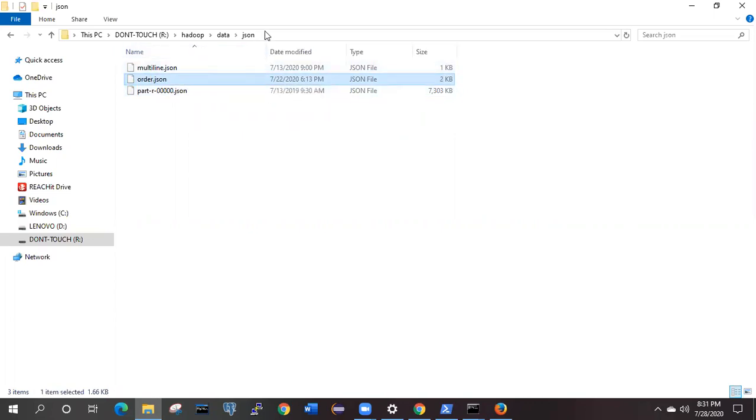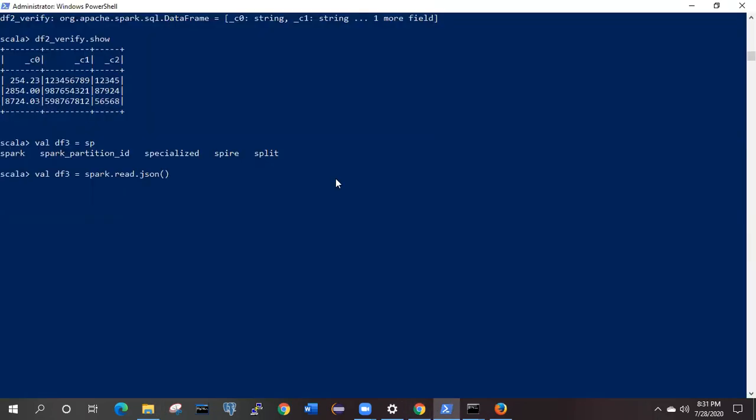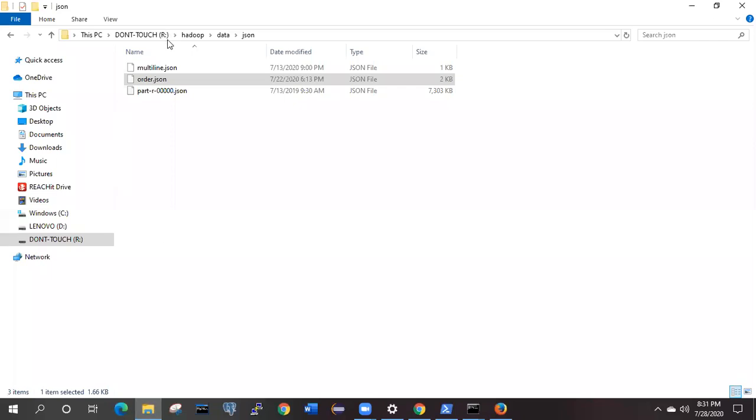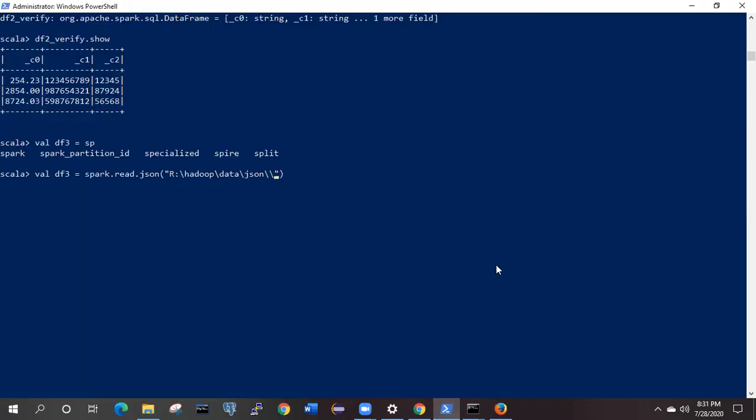Let me copy this location and put it over there. Then inside that JSON folder, what is the name? Order.json. That is the file which we are going to read.